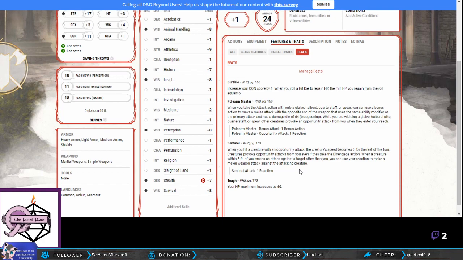And then combine... Now, here's the thing, though. With opportunity attacks, you only get one reaction per full round. So if you use it on one person's turn, you can't use it on another person's turn. That's why you combo it with the class...